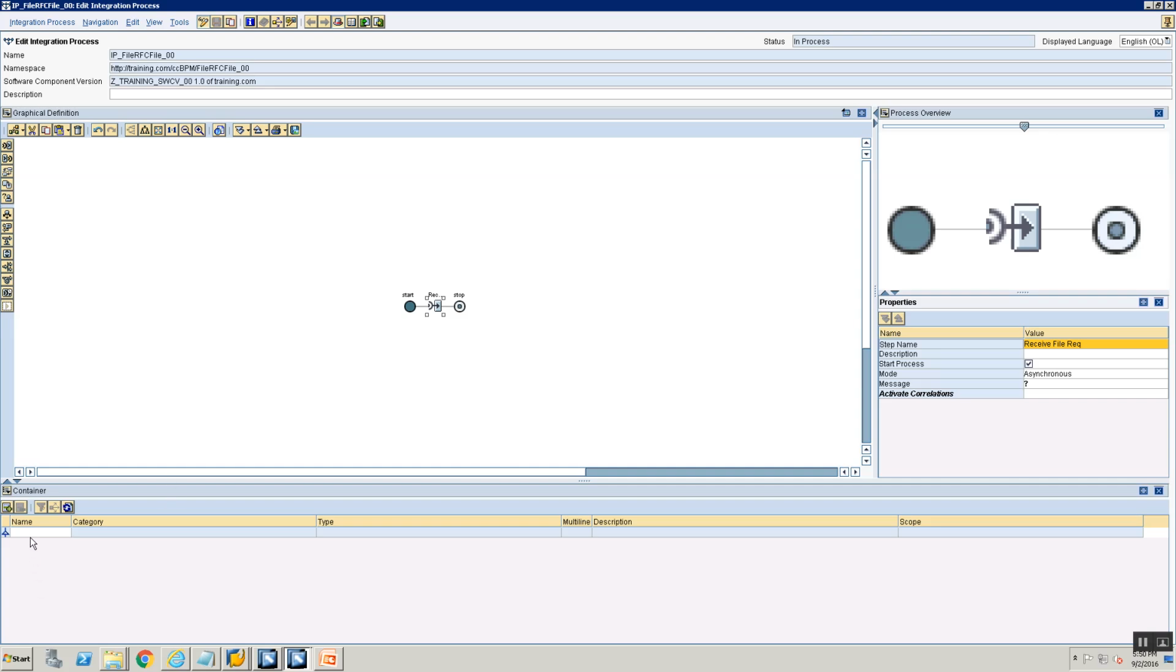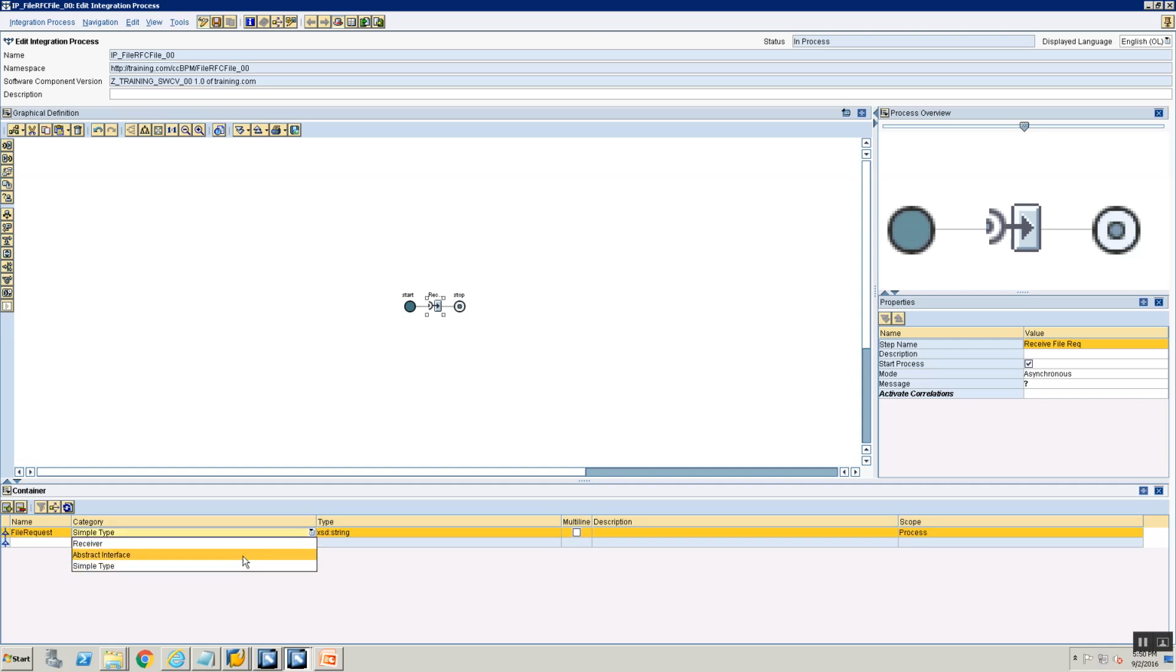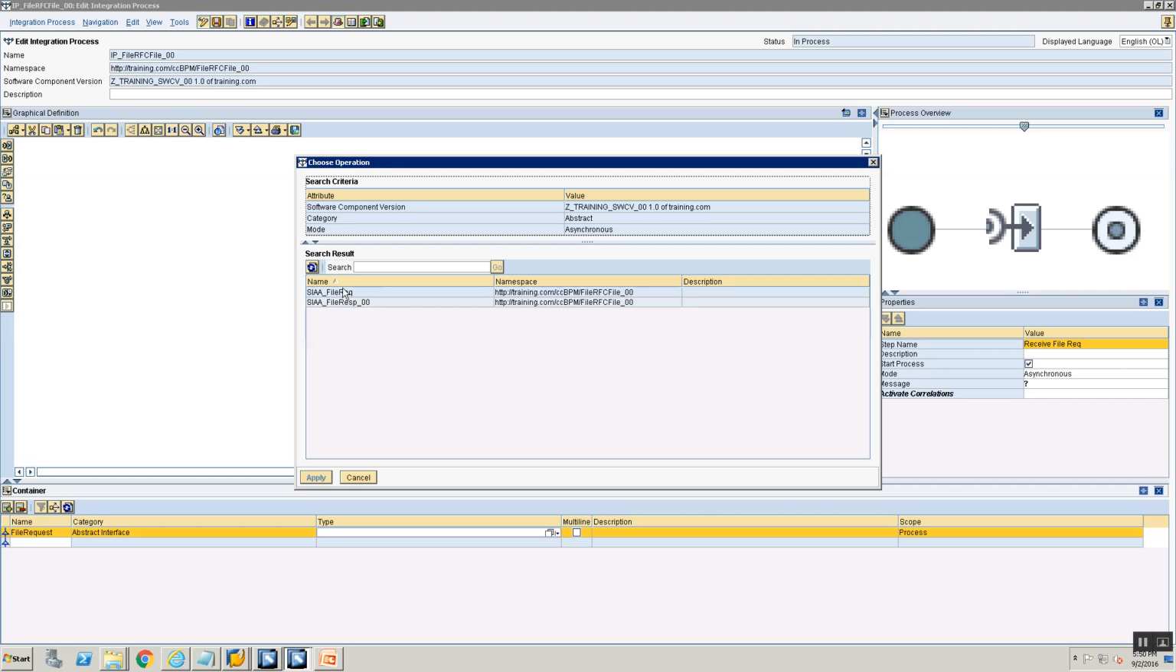Before we do anything else, we need to define containers. Containers are nothing but in BPM, for you to handle your messages, you need to define container objects, right? So the first container object that we are going to create is the file request container object. So I'm calling the container object file request. The category is going to be abstract interface. Make sure that the category is abstract interface, and the type is going to be our SIAA file request service